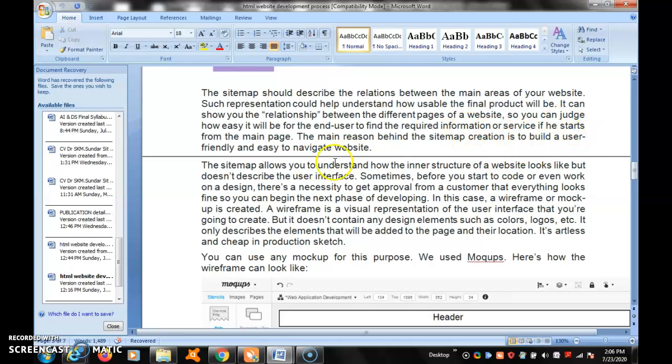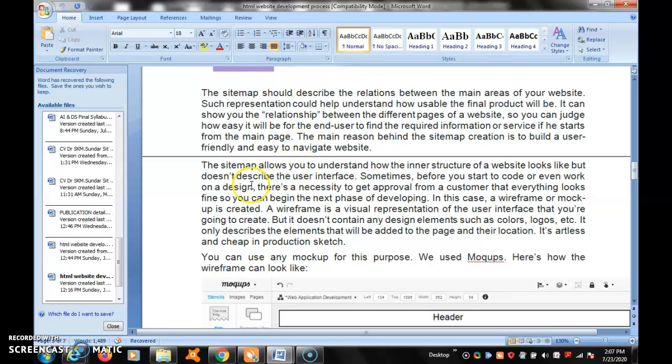The main reason behind creating the site map is to build a user-friendly and easy to navigate website. In the same site map, you can plan the structure of the website at the time of planning.